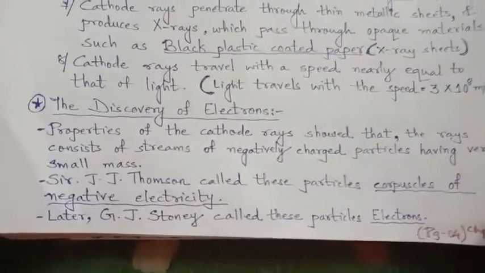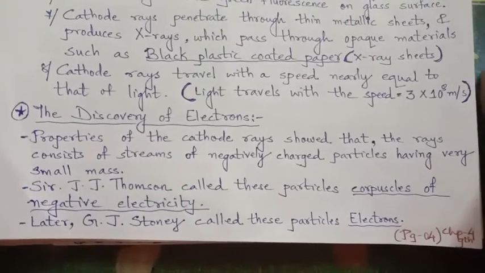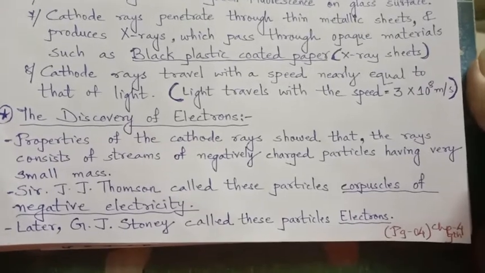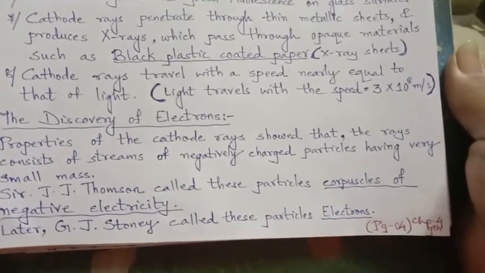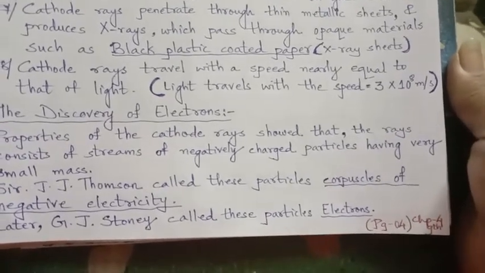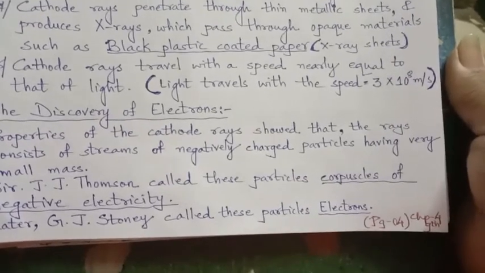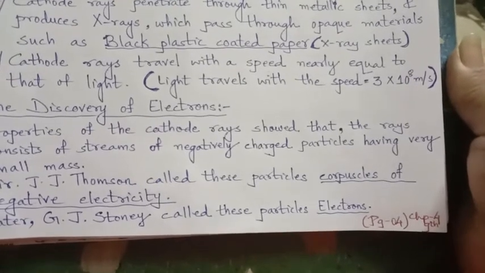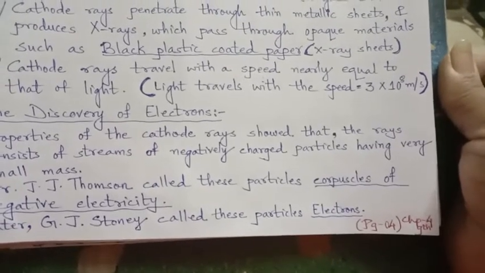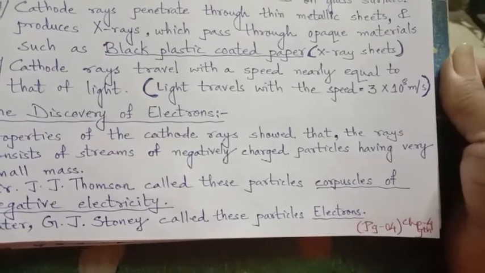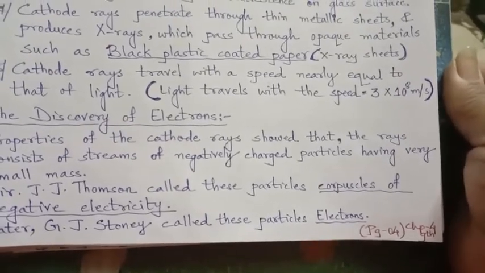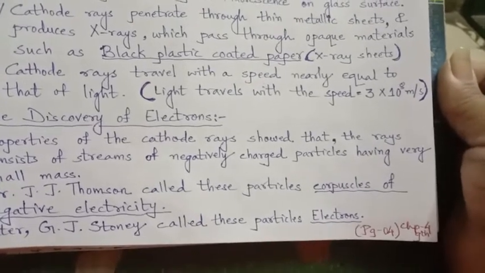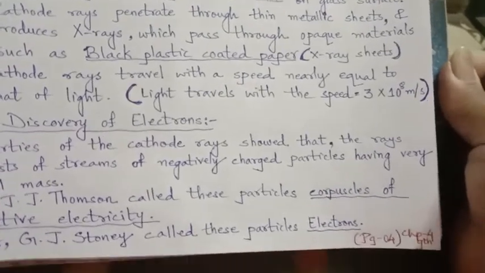Properties of the cathode rays show that the rays consist of streams, that means together, not one or two particles, but streams together. You might have heard the word stream. Where does a river come from? From a stream. A stream flows from the mountain, and the stream flows and becomes a river. That is called a stream. So our negatively charged particles are like a stream, not one or two, but in a group, in a beam of